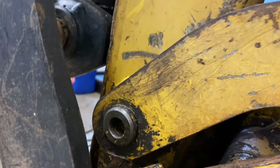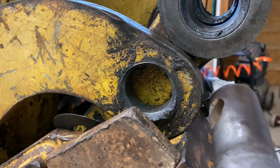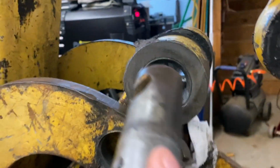I don't think these are bushing. So you got this outside piece. I'll have to look on the John Deere site, but I think I'm going to have to order a whole new one. This probably has the most play in it. This is wore down both on the pin side and this side. Each one of these,